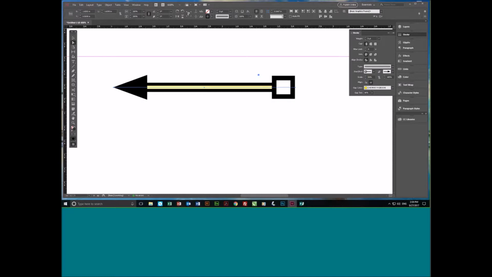So if we go to 50%, you can see that this box end of the arrow went down significantly in size. And if I wanted to, I could take the arrowhead and make it maybe 150% of the size, and you see it's automatically become bigger. Now, these numbers or percentages that we put in here remain consistent if we increase the relative thickness of our line. They still will go at those rates. And I think that's a wonderful way of adding functionality and being able to draw some much more interesting lines